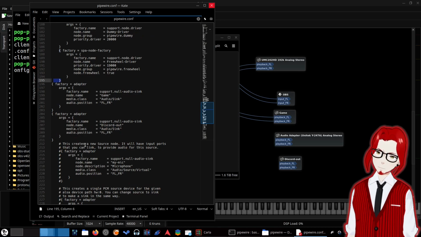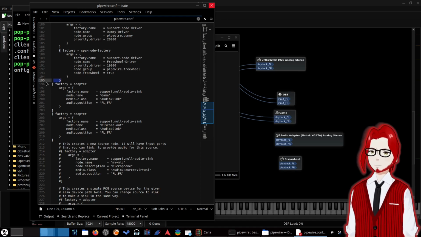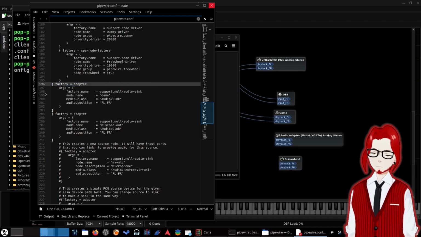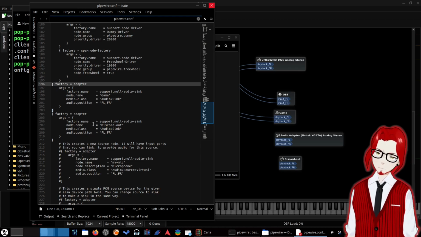As long as you make sure it's in between those, you can paste as many as you need. On a fresh, unused config file, it will be line 195 or 196 that you'll be putting your initial space at. If you have edited the config file, that number might be different, but that is how I had to add new output sources. It was a major pain.